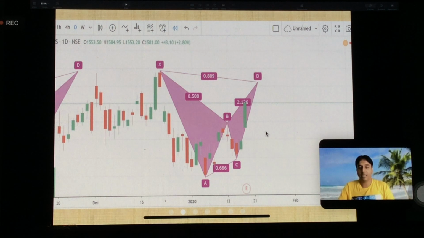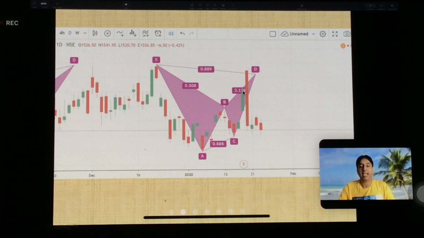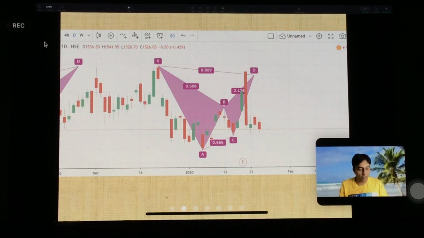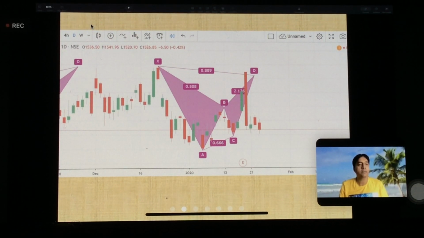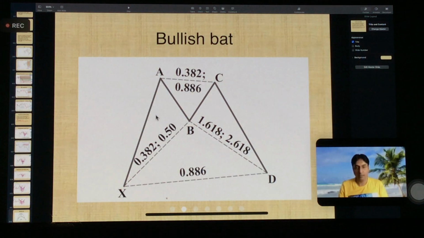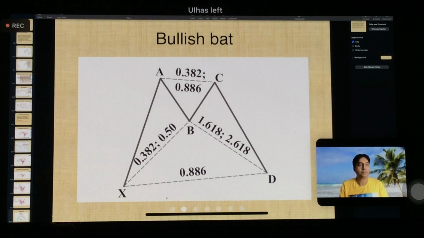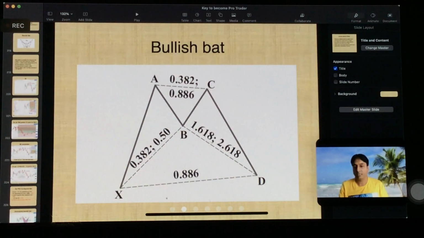So here again we can see price went up. And this was Reliance Industries. Wait, let me see if I can find the chart. And I had even posted this trade that I booked in the Trader School group. That I have booked my longs in Reliance and am entering the short.